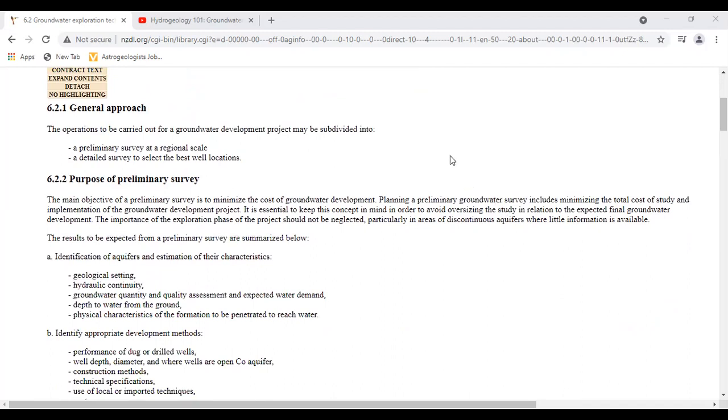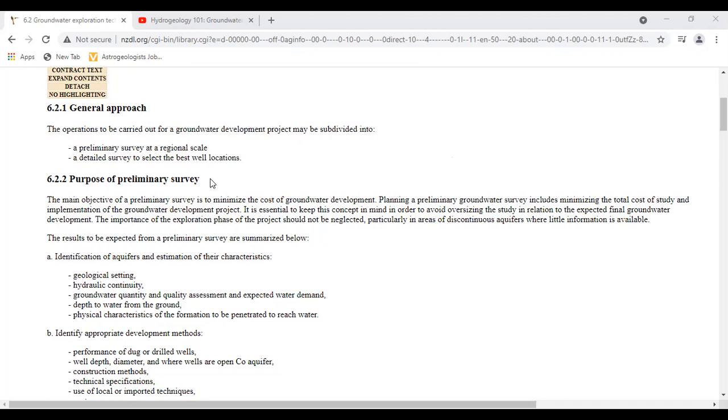The first one is the general approach. The operations to be carried out for a groundwater development project may be subdivided into a preliminary survey at the regional scale and a detailed survey to select the best well locations. I will explain clearly. A preliminary survey at the regional scale means